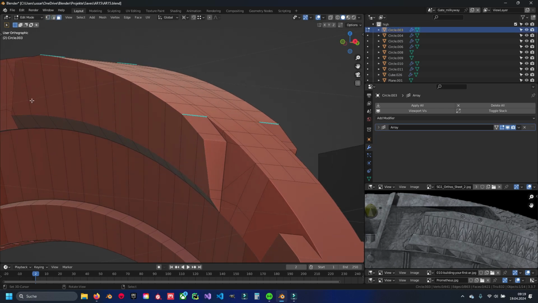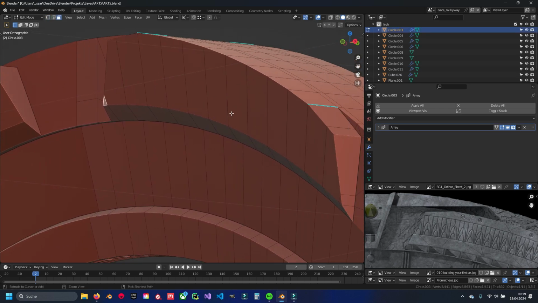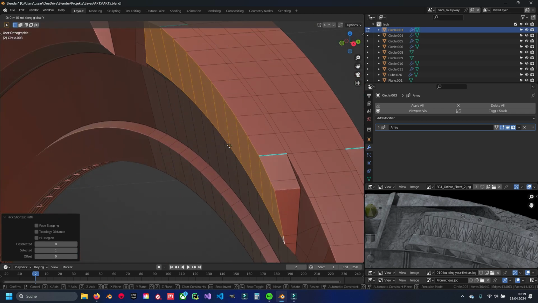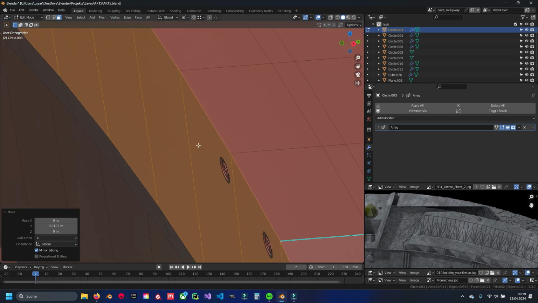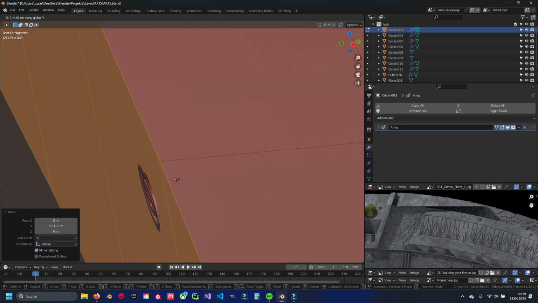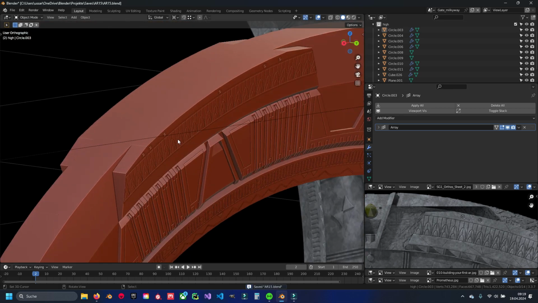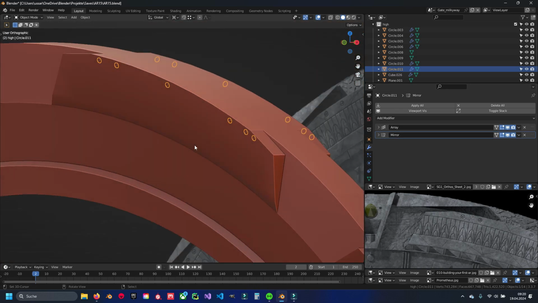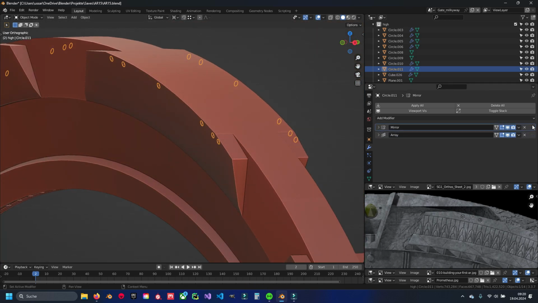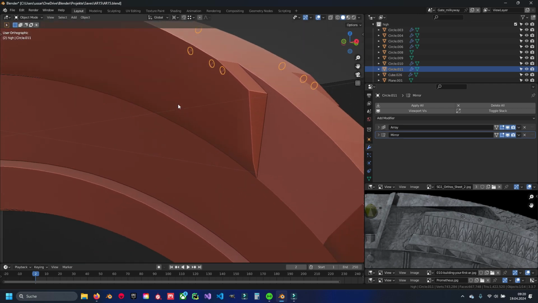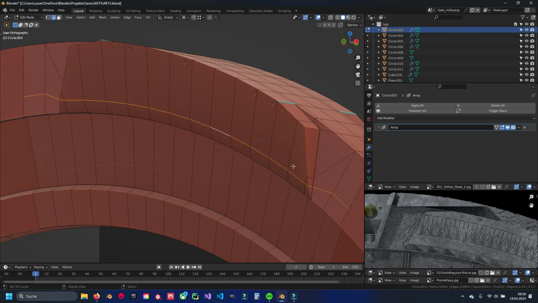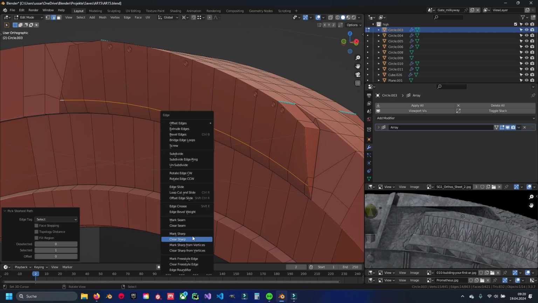Maybe if we just go into the edit mode here, select the area here, and with that we are going just a little bit inside, so we are going to see our detail, and with that we can just go to the other and do quite the same thing, but let me try something else first. No, that's not it. Also, as you can see here, we have now the problem that our shading here is a little bit too low, so I'm going to select this edge loop here, Command E, mark sharp,